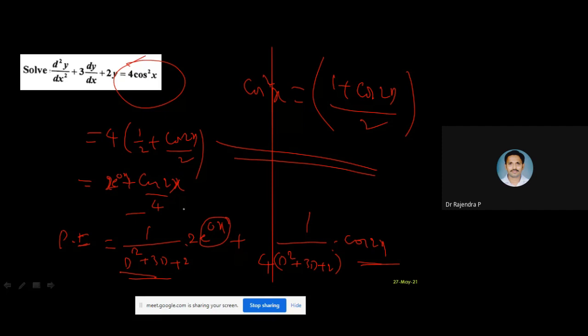This whole part, sir, 2 cos 2x you will get. Second one, 2 cos 2x you will get now, sir. Which one? This part? We are talking about this part. Now, sir, next part, the second part, cos 2x. Oh, when I multiplied, right. You are correct. Good. So we will get 2 only. Yes, 2 cos 2x. So 2 is there, then cos 2x, then directly substitute it, you will get it.